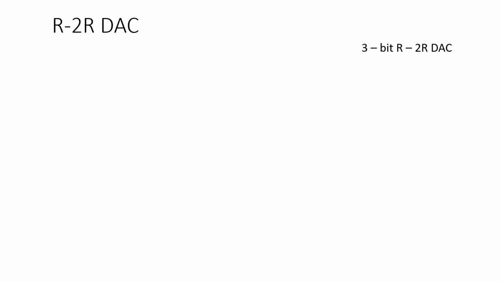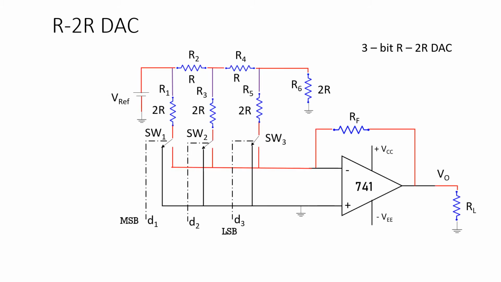Now considering a 3-bit R2R DAC, we have modified the previous binary weighted resistor DAC into this particular circuit where we are going to use only two resistance values, that is R and 2R. So R can be any value, 2R is the multiple of it. So instead of going with 2 to the power of n minus 1 into R value, we are restricting it to only R and 2R values. Here again, for simplicity, we are considering a 3-bit R2R DAC. We can go for more number of bits.